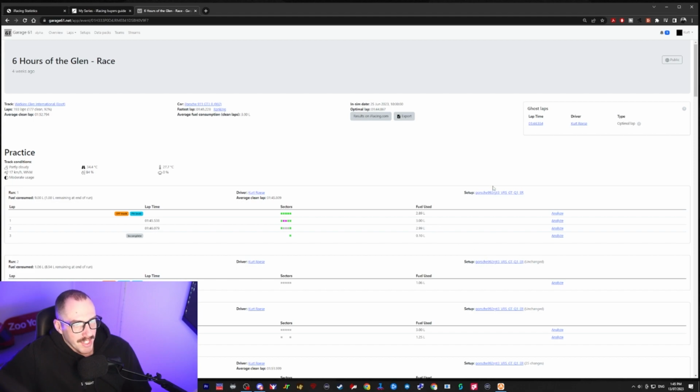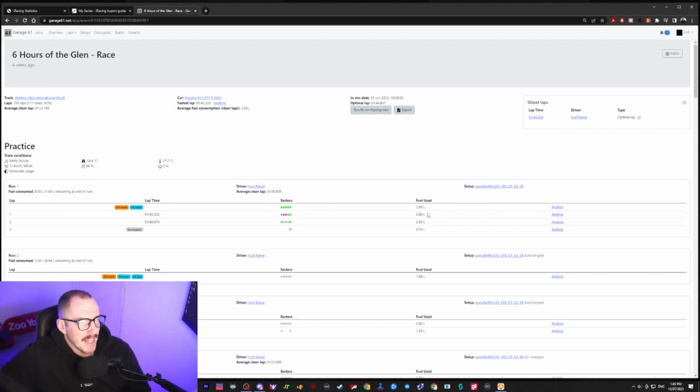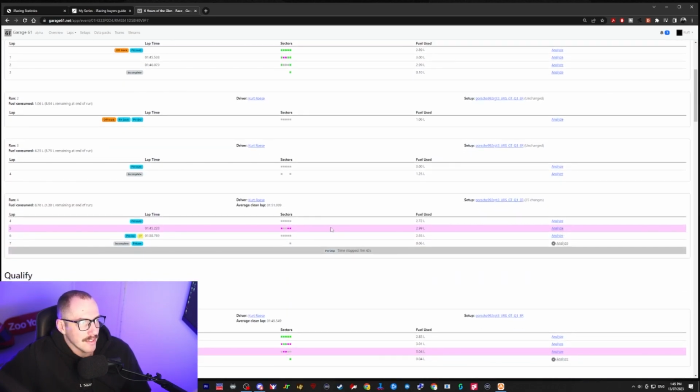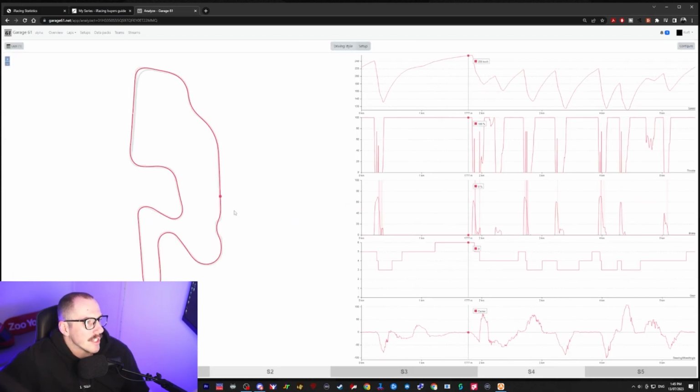You can also see the setup that you're running as well. It's good for if you're testing different setups. We'll dive into that a little bit later. But then the big thing here is analyze. So it looks like this was one of my fastest times for Watkins Glen. So 45.2. But what we do is we click analyze, and it's going to give us a map of the